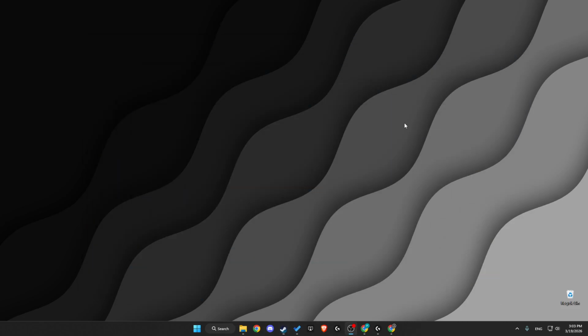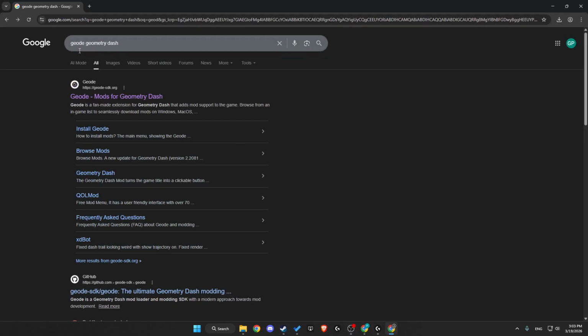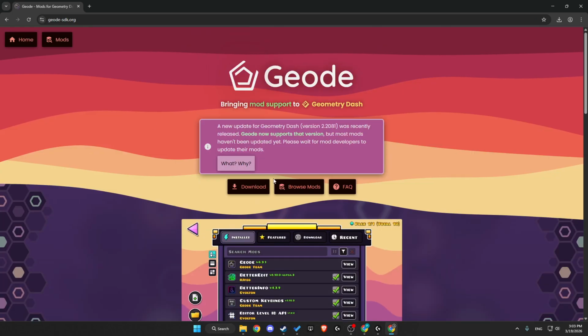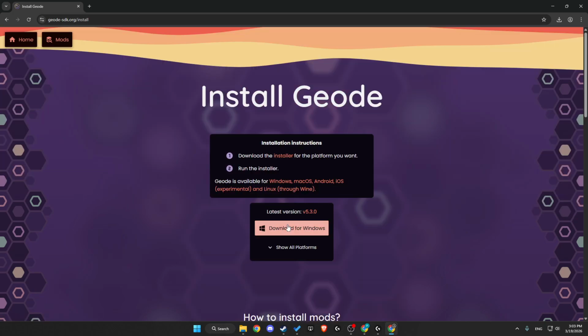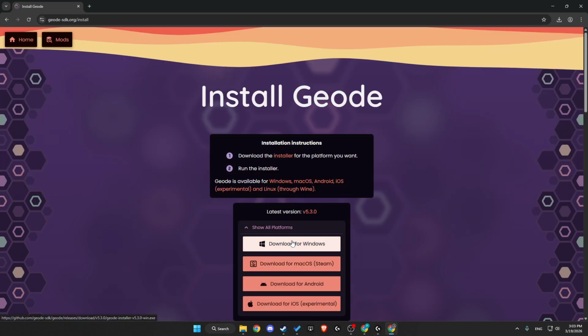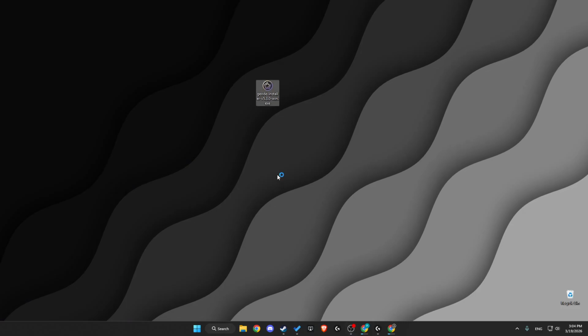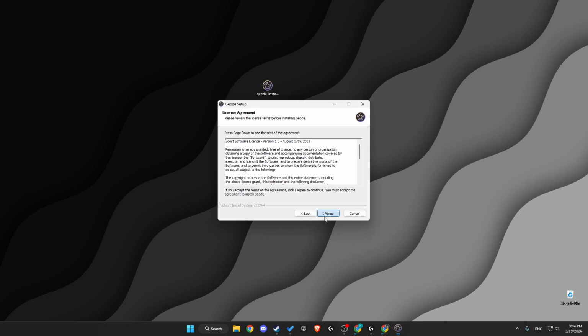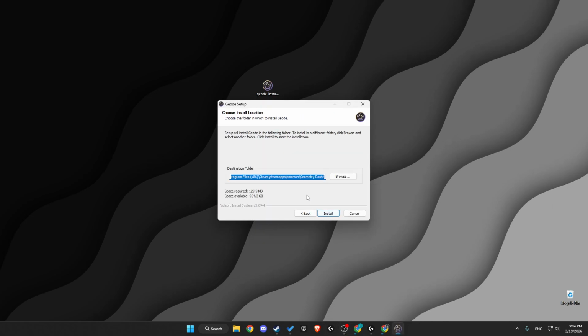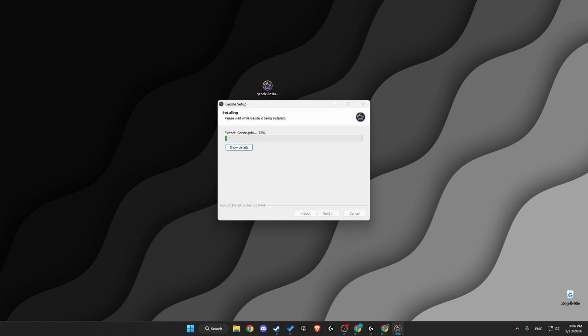First step, what you need to do here is to open a browser, and then you need to write Geometry Dash and click the link, press download and download for Windows or other platforms. In my case, it will be Windows, and wait until download process is done. And after it's done, just click on it, press OK, next, agree, next, install, and wait until installation process is